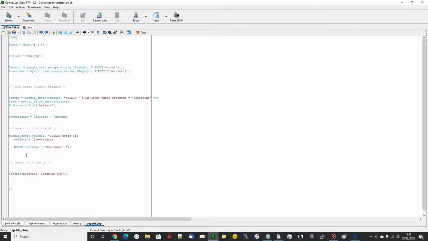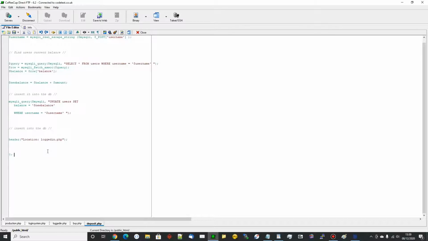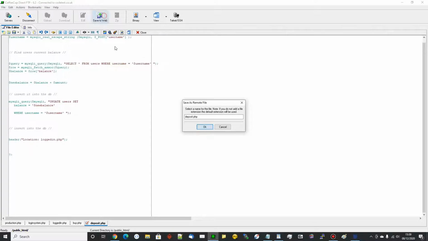So then once they've added their deposit, it redirects them. I'm using a little header redirect here, which is taking them back to the logged in page. Now you don't have to do this. If you want to create some new code to say thanks for depositing, you can just put your HTML here. So I could say thanks for depositing, and delete this line of code here, and that way they'll get a message that says thanks for depositing. But to make it easier in this video, I'm going to take it straight back to the page where we had the deposit. So we'll save the website